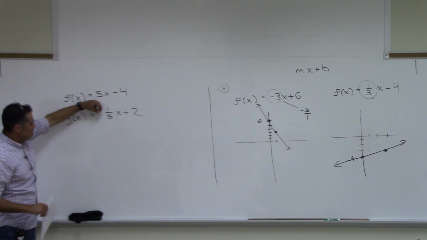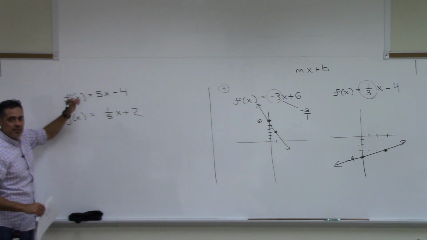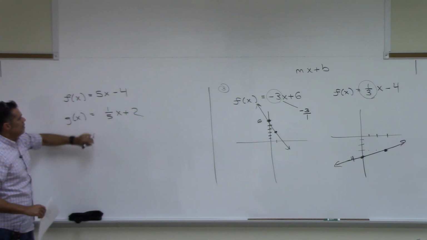And see the difference? That's perpendicular lines. That's neither, right? Yes? So if it's 1/2, it's still going to be? If it's 1,